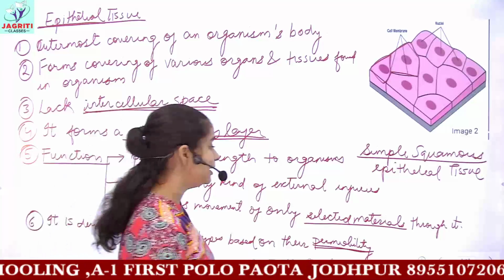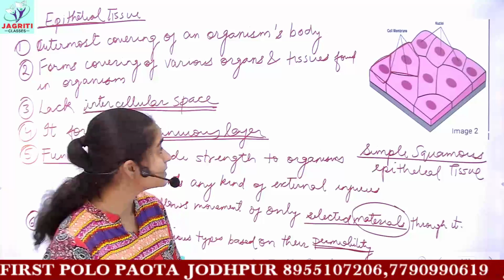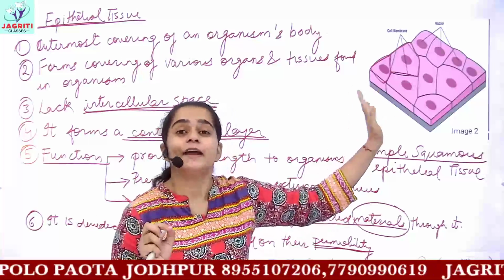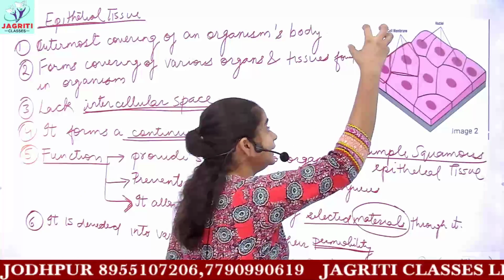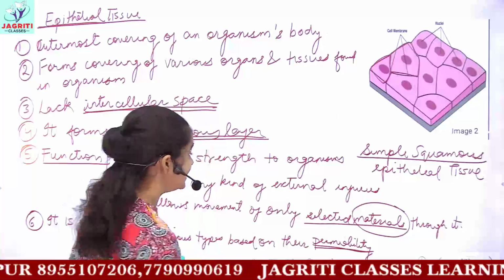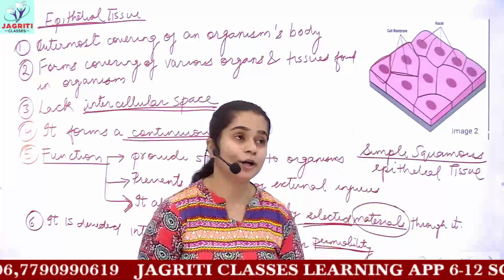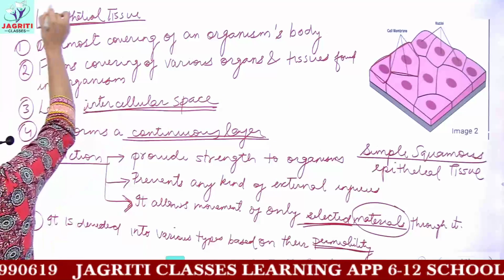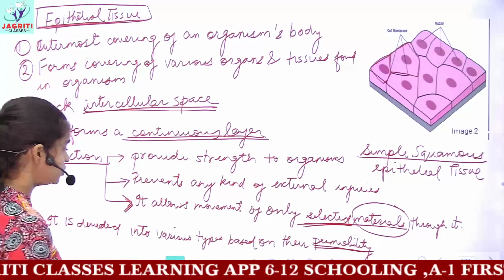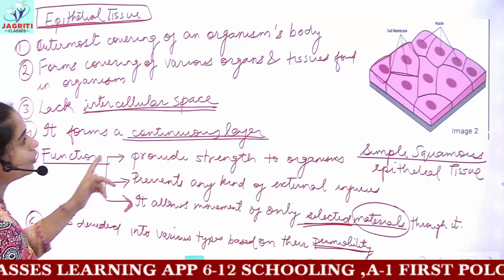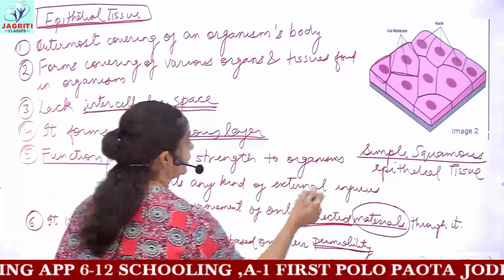And if any material enters inside our body, then it has to pass at least a single layer of epithelium. It has to go through the epithelial tissue. Without going through this epithelial tissue, nothing can enter into our body or nothing can be expelled out from your body. So this was a general account of this epithelial tissue. And now we will be writing about simple squamous epithelial tissue. That is our first category.